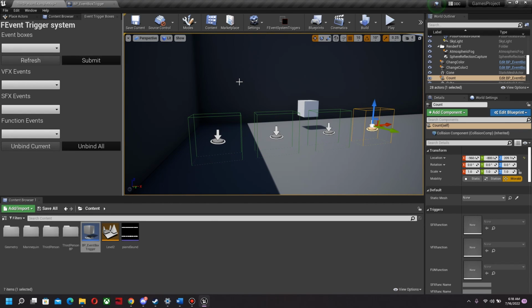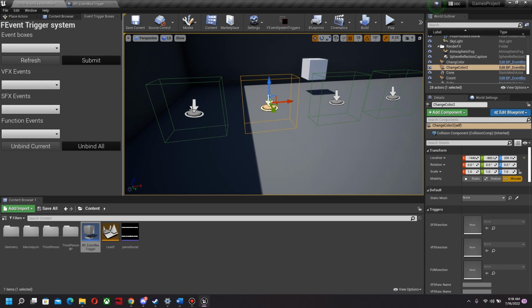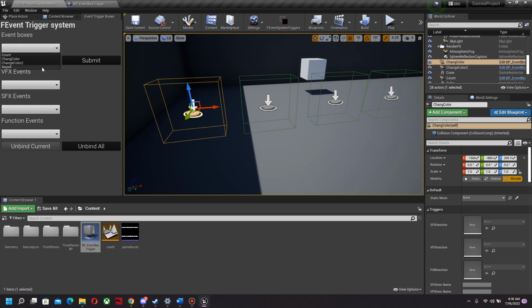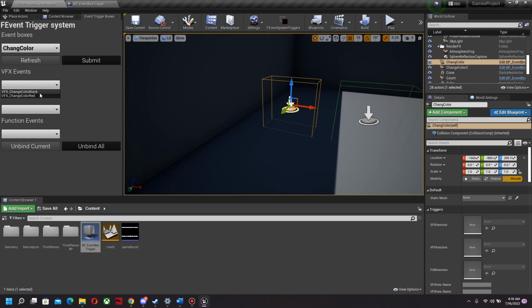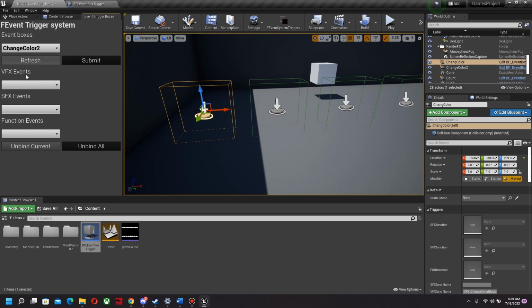And as you can see here, we have created our function and event, and it's just a matter of assigning those functions to our event box. So as you can see here, I have black and red. So I'm going to make my first one to be black, hit submit, and then my second one to be red,